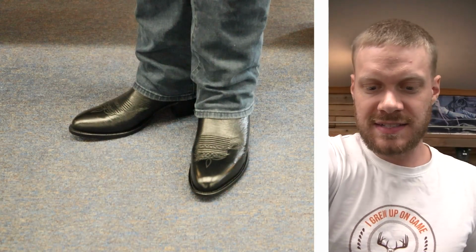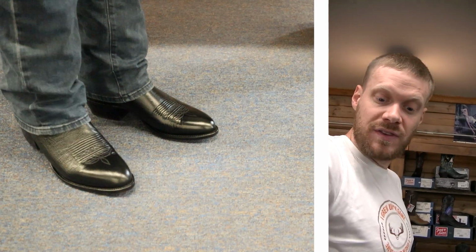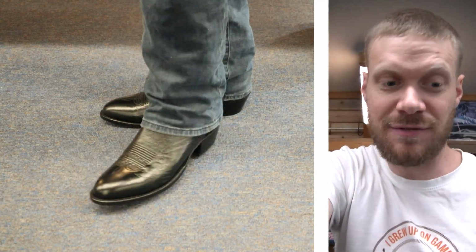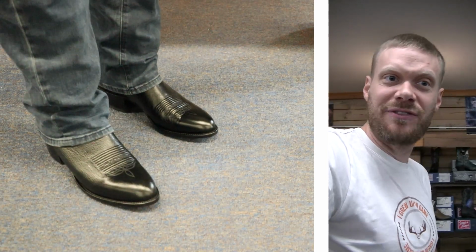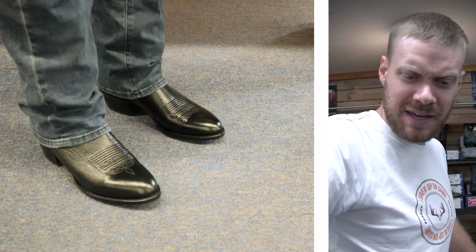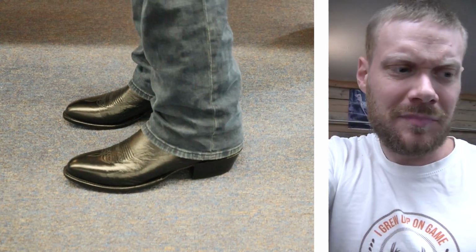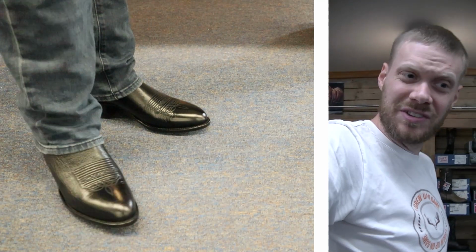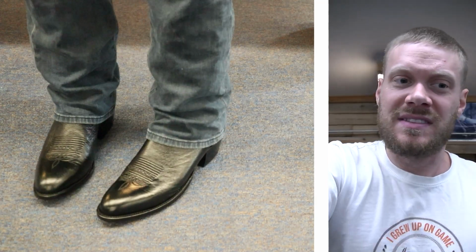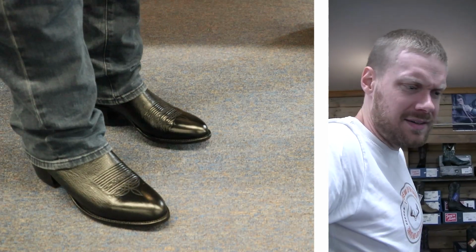All right, guys, I have the Lucchese 2000s on right now. This is the calf, and I like the feel. I like the supple feel of the calf. I think it's incredible. One of the criticisms against Lucchese 2000 boots is the fit, and I can understand it. It's a very awkward kind of feeling at the arch, especially, at least for me, and it makes me feel a little bit wobbly, just a slight wobble feeling, and a little bit off. But that insole, other than that though, at the heel especially, is really nice. The arch is just slightly off for me. I think it's a leather topped insole, or it's just a little synthetic type thing. It feels nice,